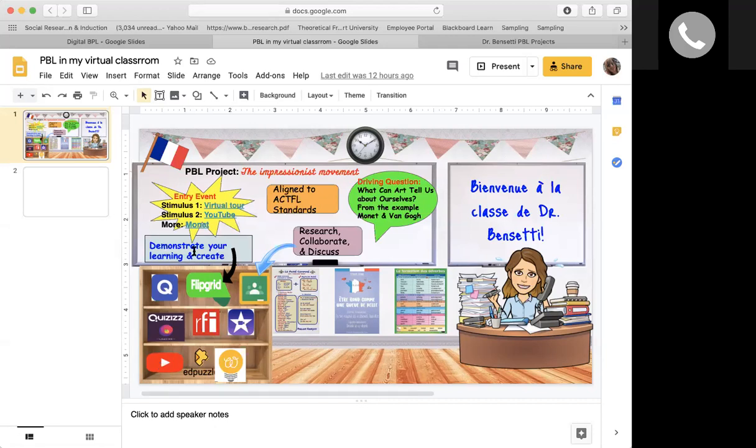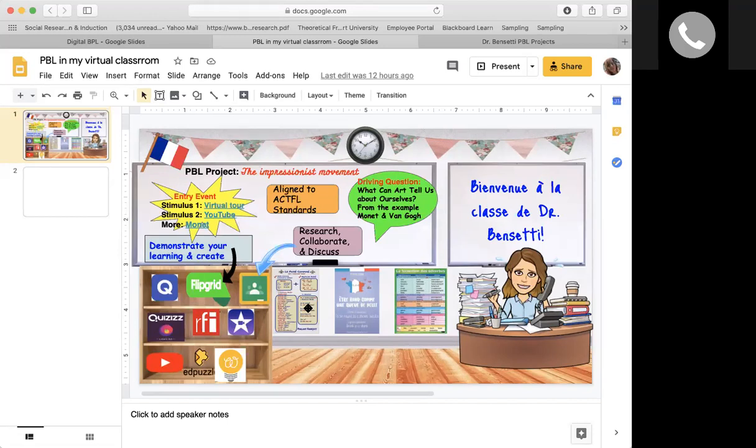And then you demonstrate your learning and create whatever the final product is using any of those tools, any presentational tool. You can create a video on YouTube. You can create a video also on iMovie. You can debate or speak or write using Flipgrid. So this is, and you can change it. There's so many other